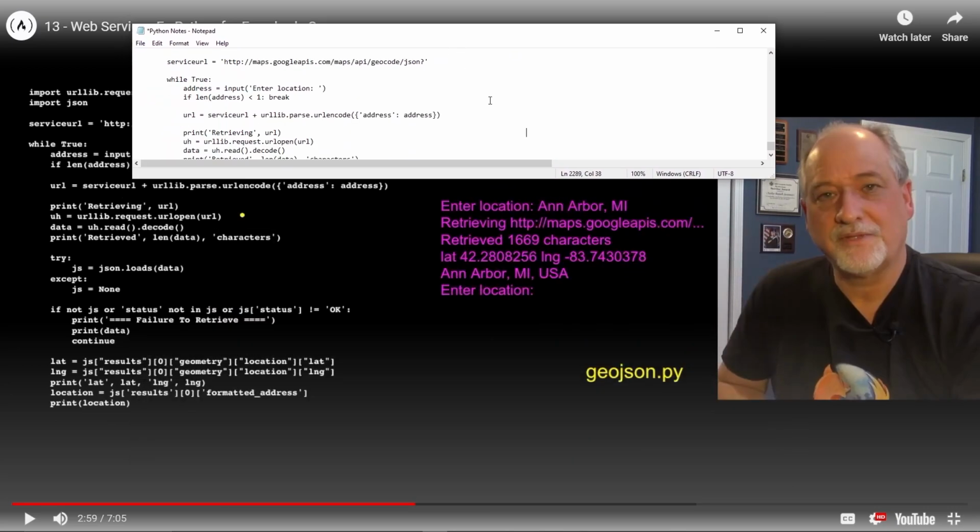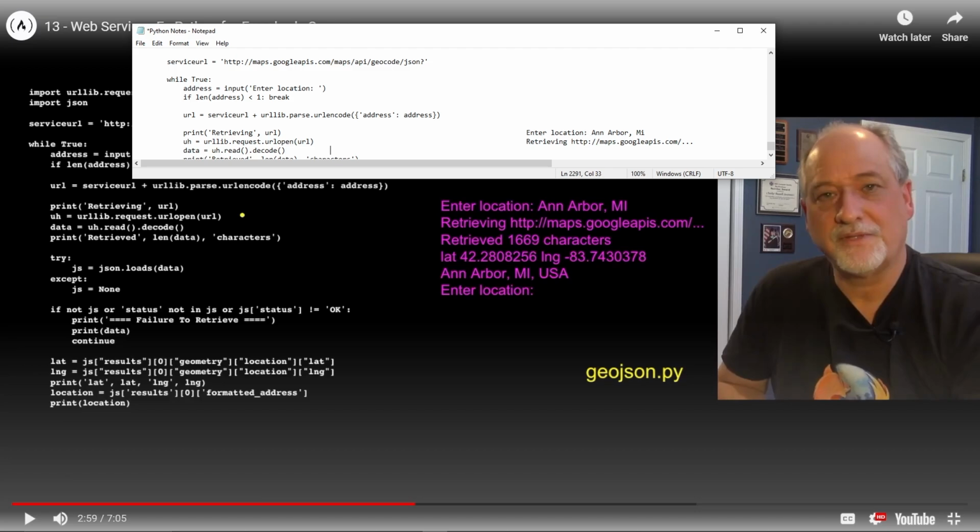Okay. Here we are. So we're going to say enter location, Ann Arbor, Michigan. All right. Then we're going to say here retrieving http://maps.googleapis.com/ ... And that's just because we don't want to type it out.